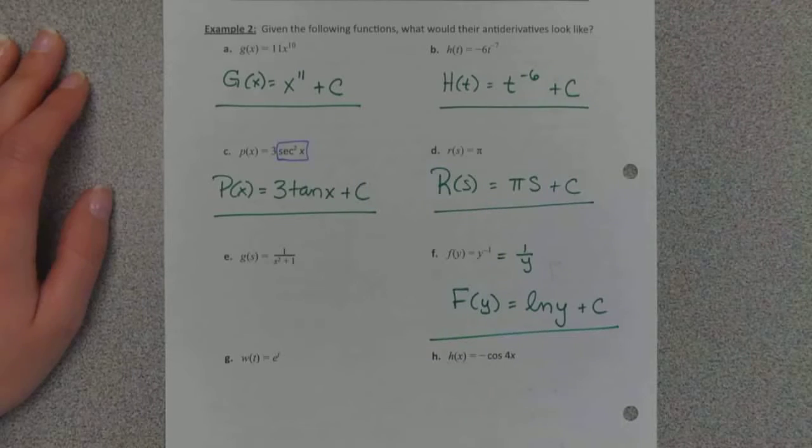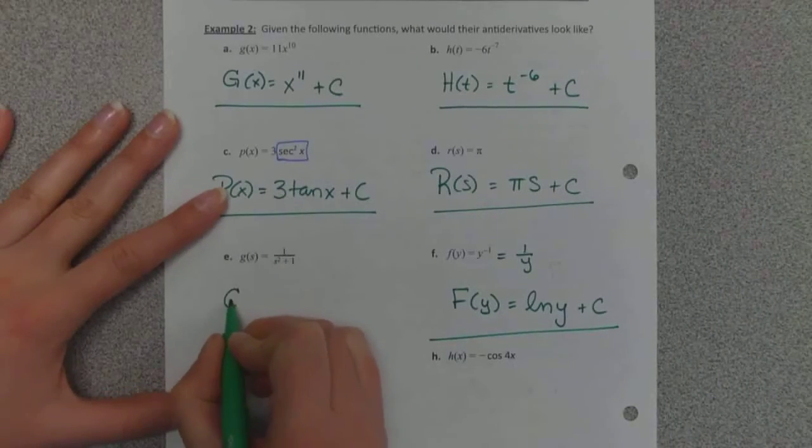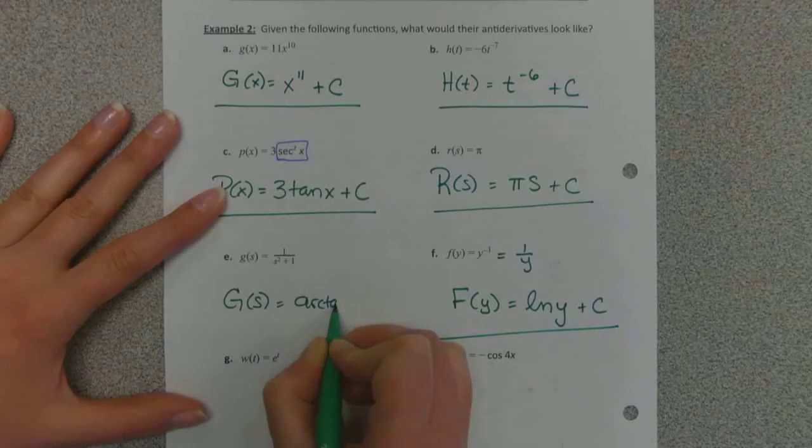But the arcsine and arcsecant had square roots in the denominator as well, right? 1 over the square root of s squared minus 1, et cetera. 1 over absolute value of s times the square root of s squared minus 1, or 1 over the square root of 1 minus s squared, something like that. Okay, so this one is arctangent. So capital G of s here is the arctan of s